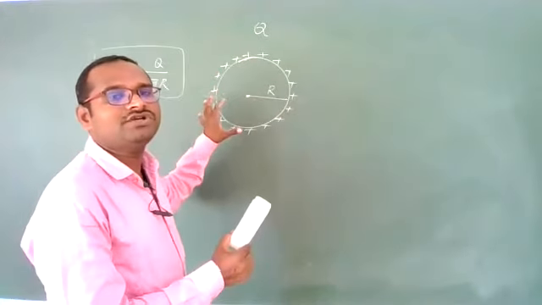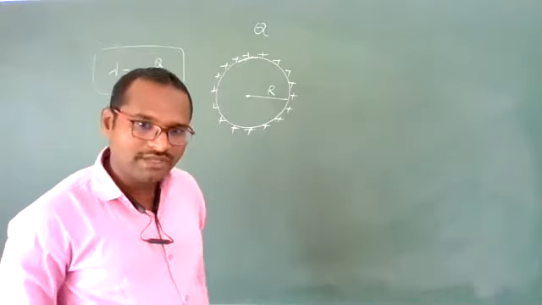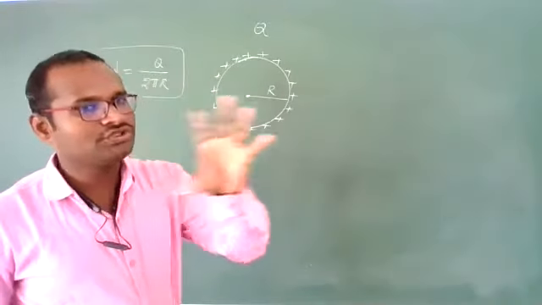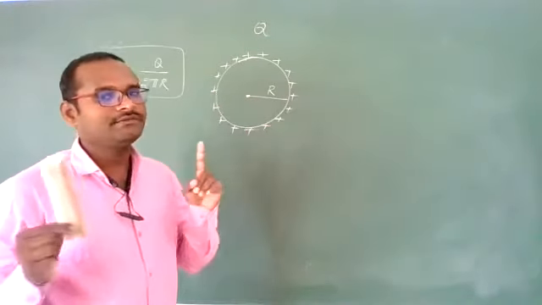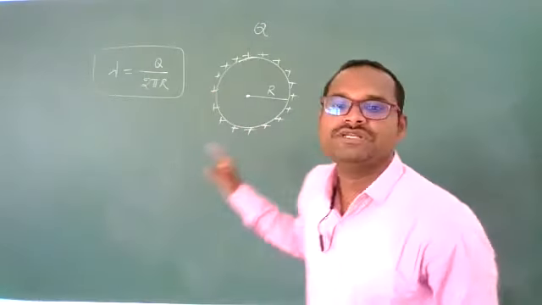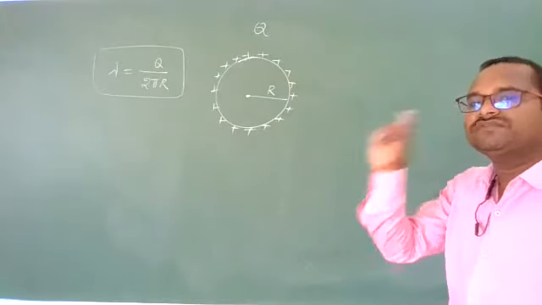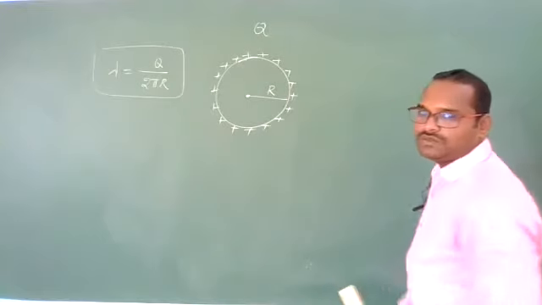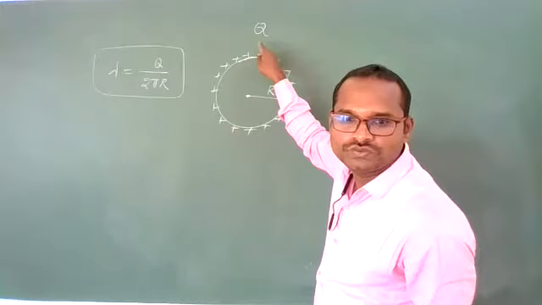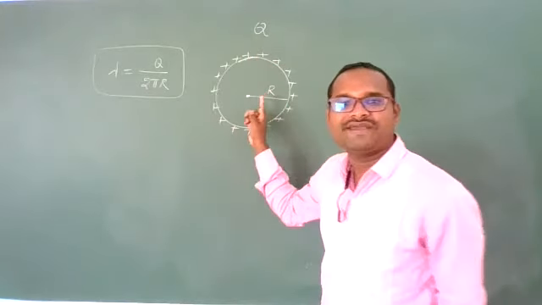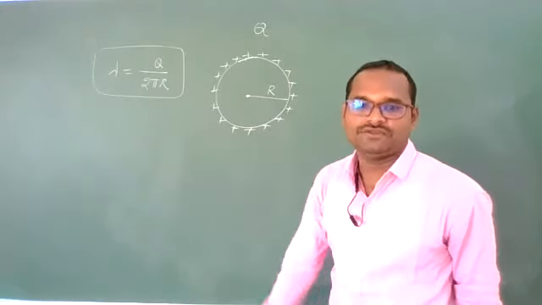Again, the same derivation we will get in magnetism, moving charges and magnetism. That time the procedure will be the same, only the formula will change. You need to remember the procedure, and this derivation whatever we are doing is important for your competitive exams. The value you will get, that value you need to remember. Now, due to a ring having a charge Q, at a distance of x on its axial line, what will be the electric field that we need to find?